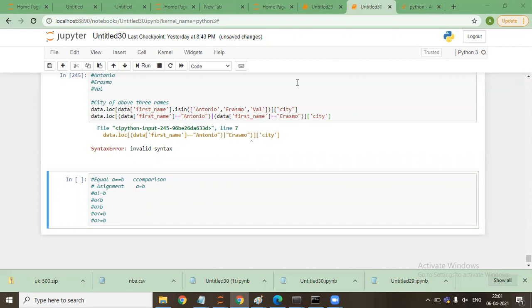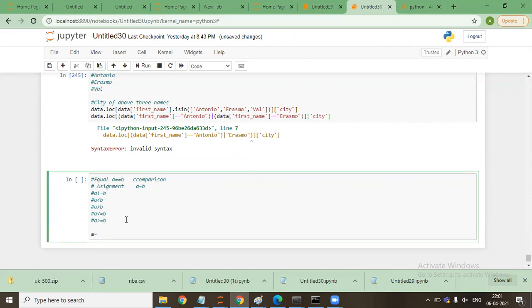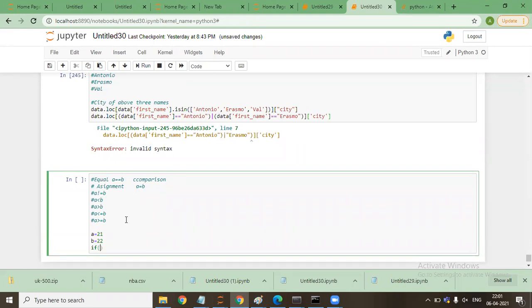Okay. So now if I say A is equal to 21, B is equal to 22, I'll say if B greater than A, okay, then if I put this colon here and enter, it will not go to the initial line because it understands that the if statement has started.